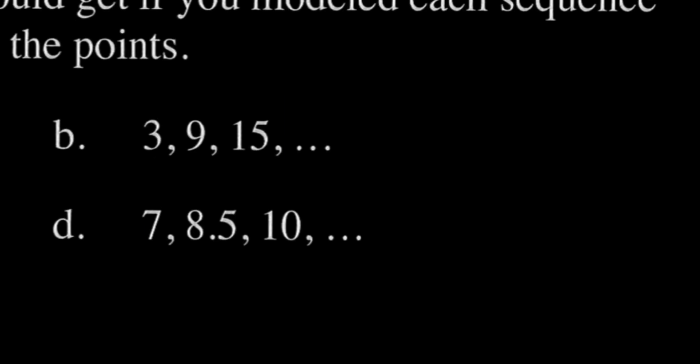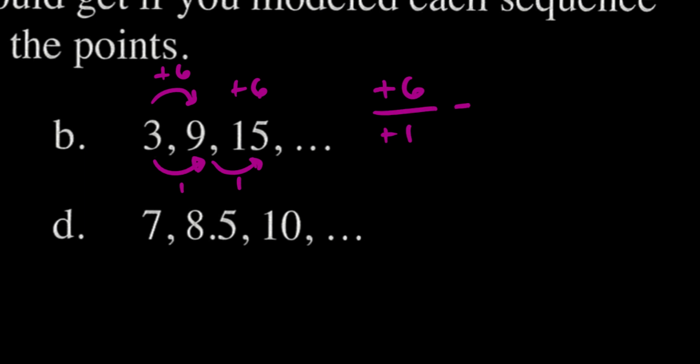So as my term number increases by 1, first term, second term, third term, the value of the sequence increases by 6. So these are going up by plus 1, and these are increasing by 6, plus 6. So the change in my output is 6, the change in my input is positive 1. So this one has a slope of 6. And then the final one,